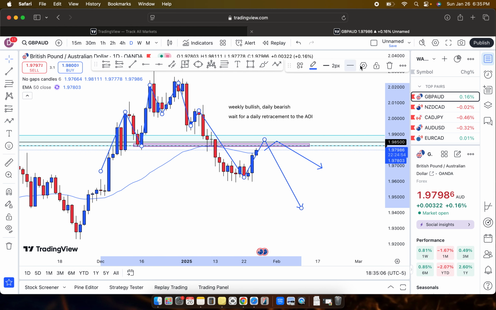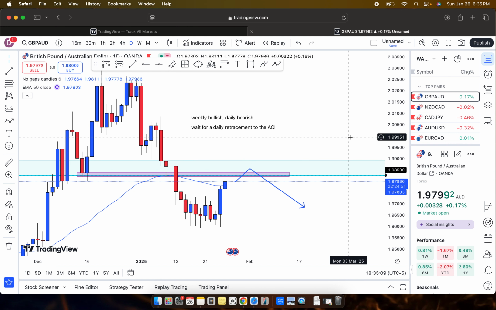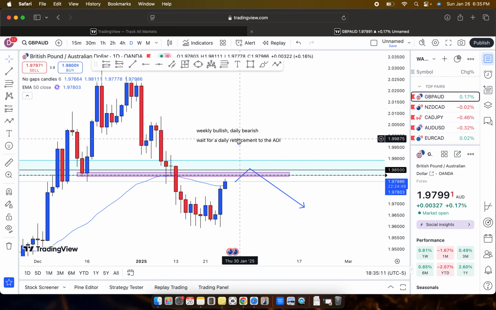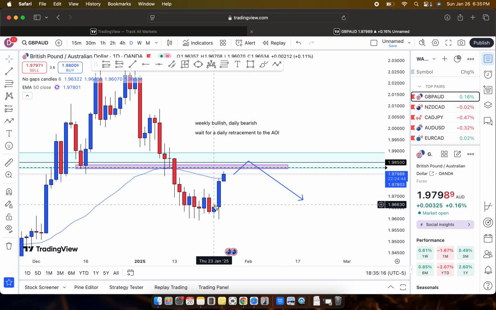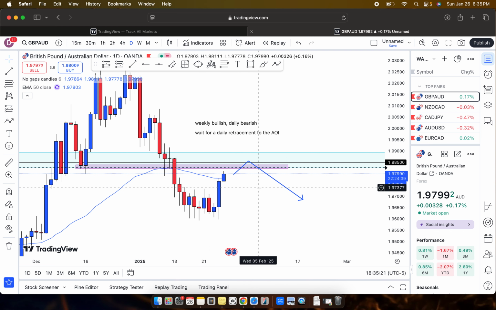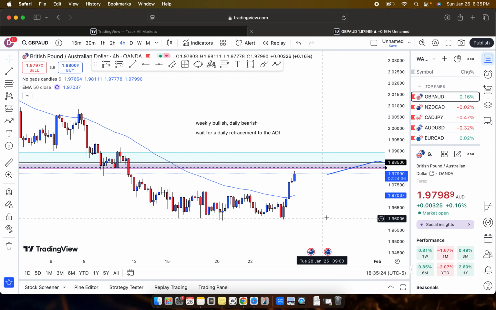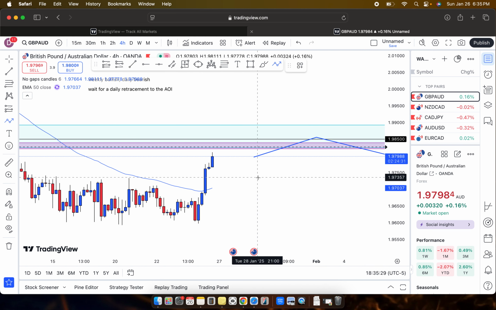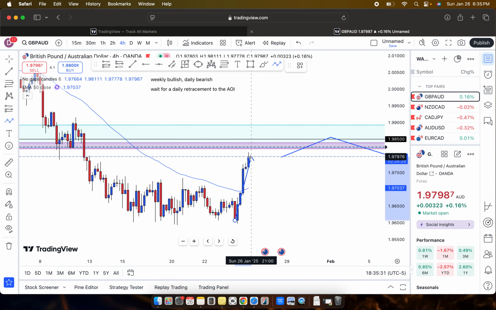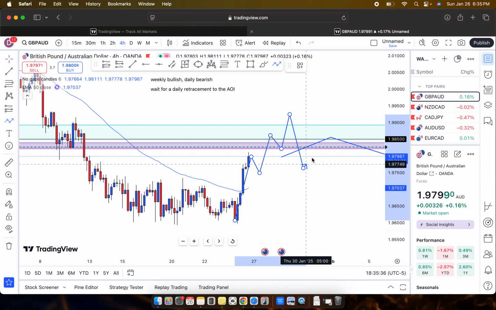So as you guys can see in my notes here, we have the weekly time frame as bullish and the daily as bearish. Once the price retraces to this area of interest on the daily time frame and body closes into it, that's when we're gonna go down to the 4-hour time frame and look at what the price action is doing. All we're gonna wait for the price to do is give us a quick shift of structure on the 4-hour to make it bearish, and then we will be able to